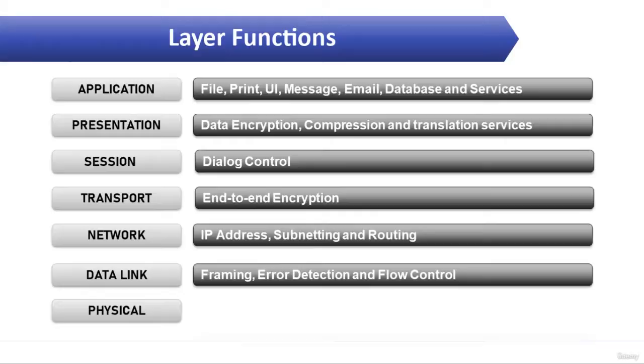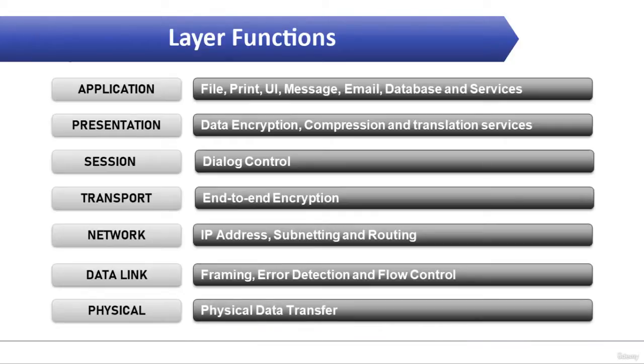And the last layer is the physical layer, which moves bits between devices. It specifies voltage, wire speed and pin out of cables. For example, the actual physical data transfer through a LAN cable happens at the physical layer of the OSI model. If you look at the picture on the screen, it is clear